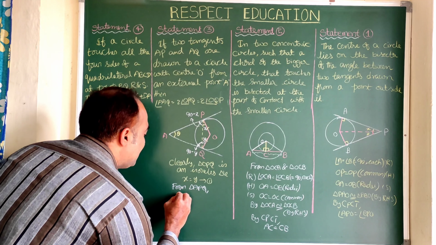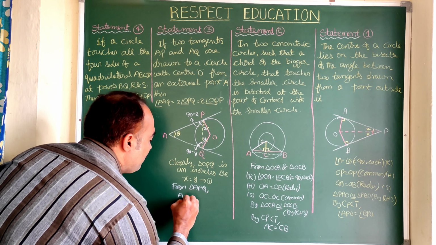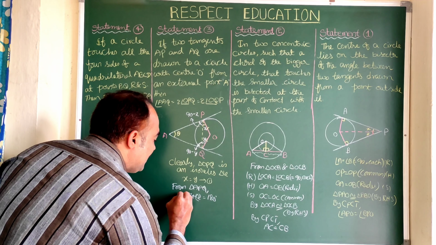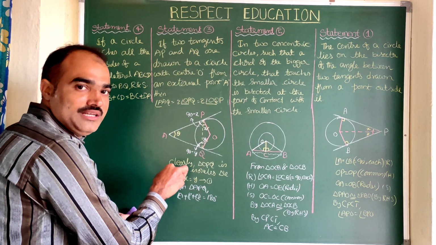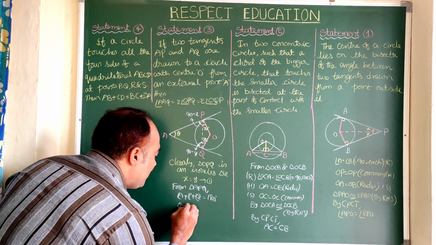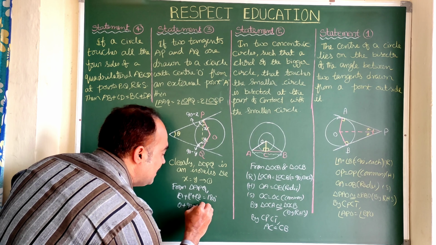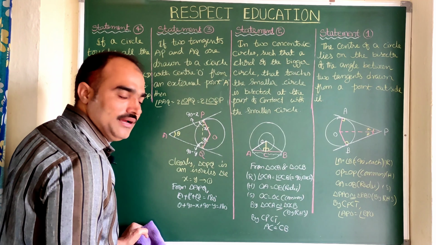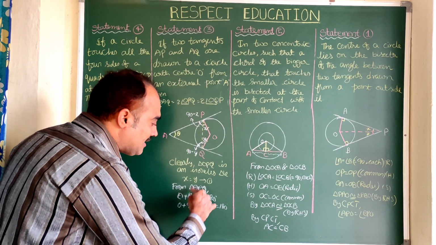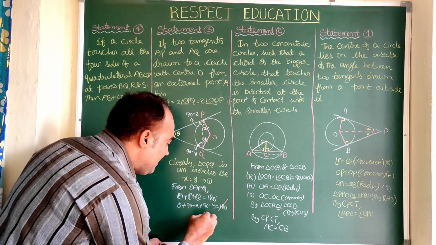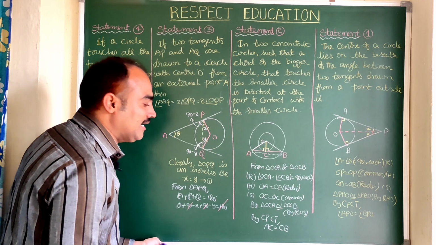So let us write them clearly. Here A plus P plus Q is equal to 180. I would like to make it short, that's why I am saying directly angle A is equal to theta plus angle P is 90 minus x plus angle Q is 90 minus y is equal to 180. Now 90 plus 90 is 180. Let us send 180 that side. Then what happens? The 180 and this 90 plus 90 get cancelled.